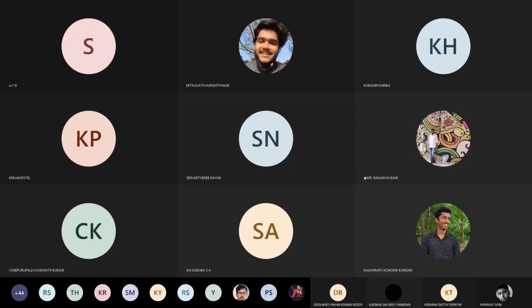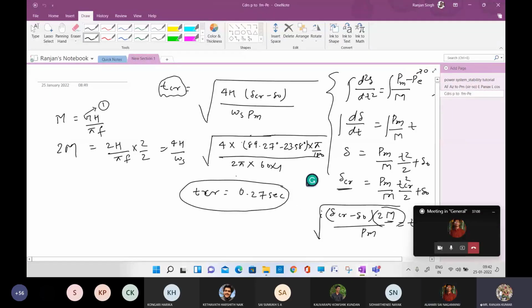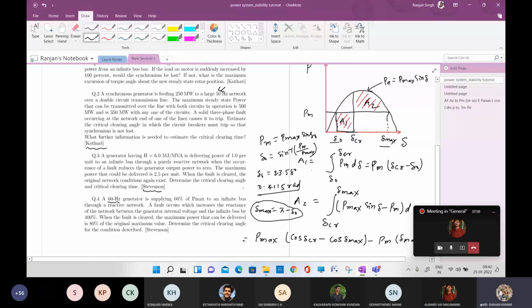Clearing time final value 0.27 second. Okay. In question number 4, it is saying a 60 Hz generator is supplying 60% of maximum